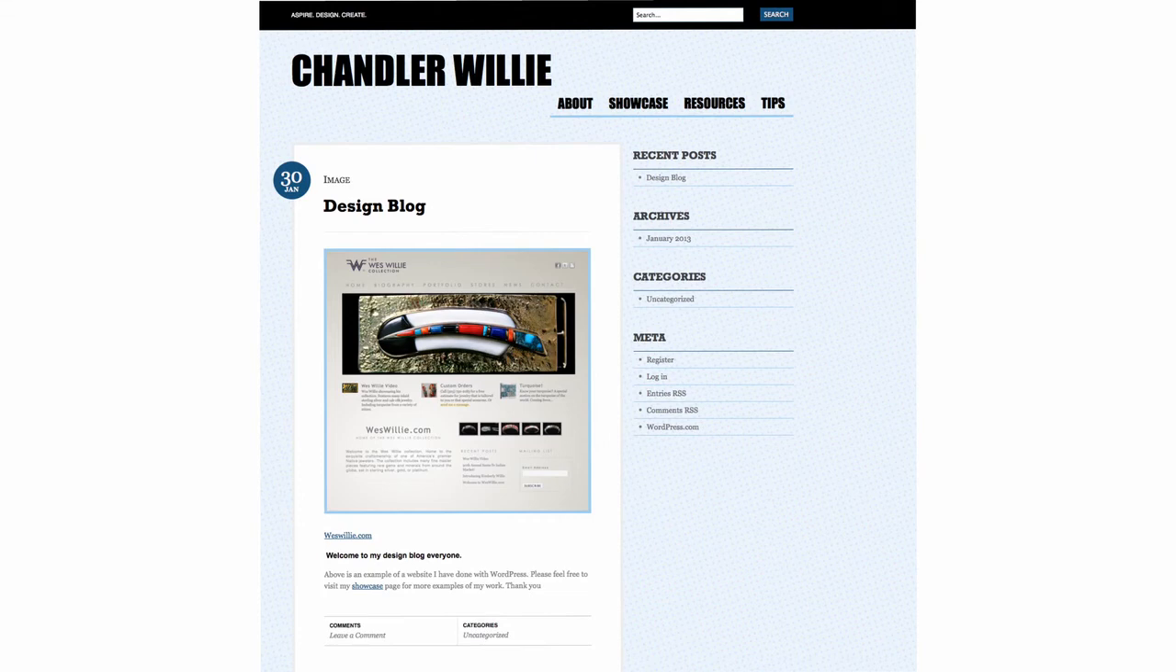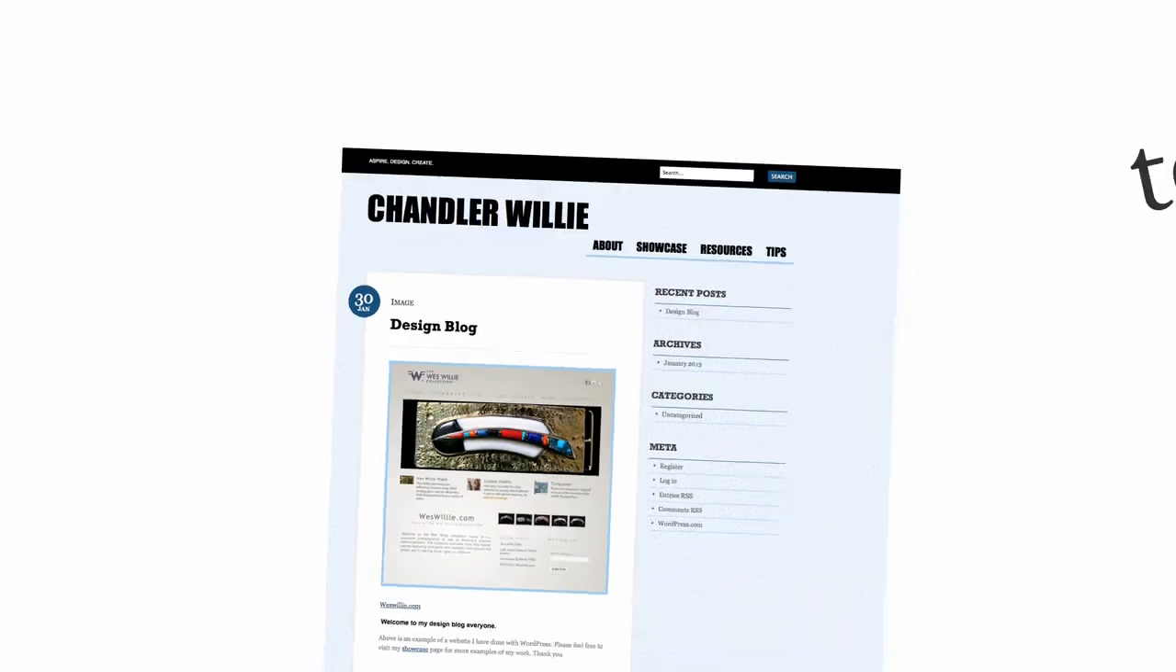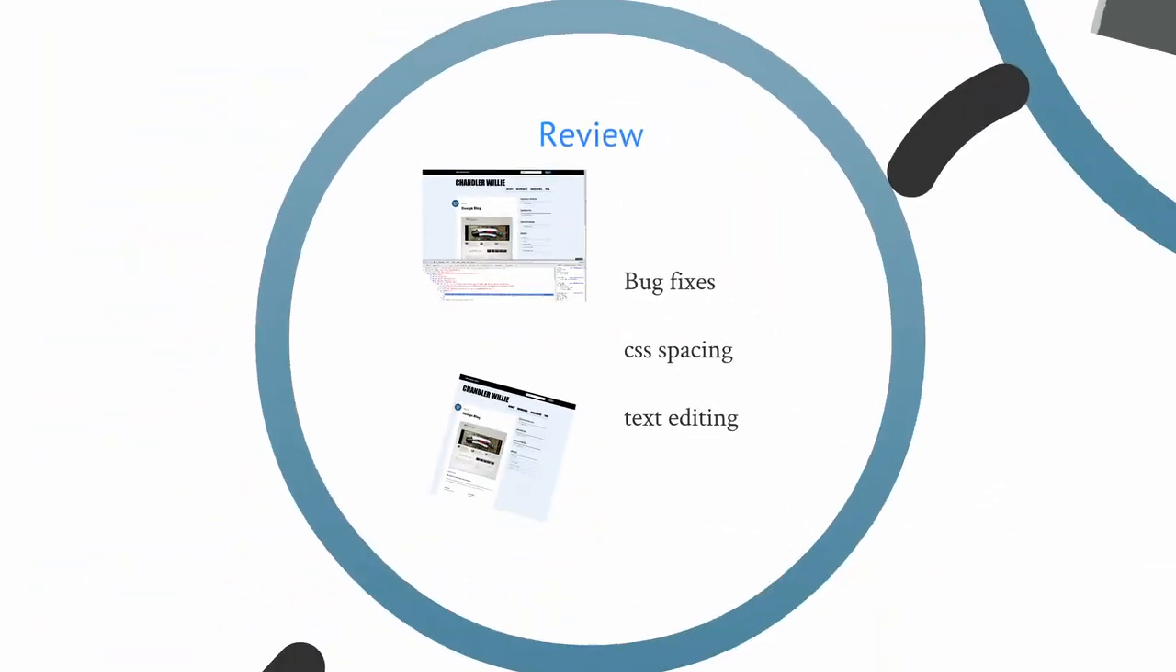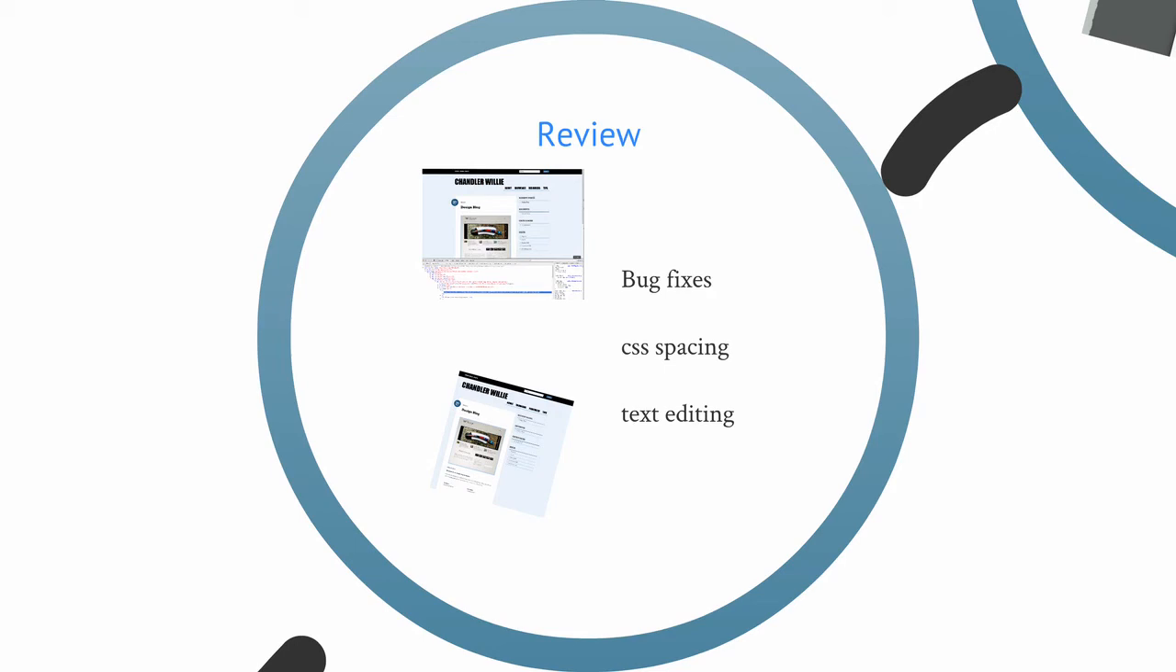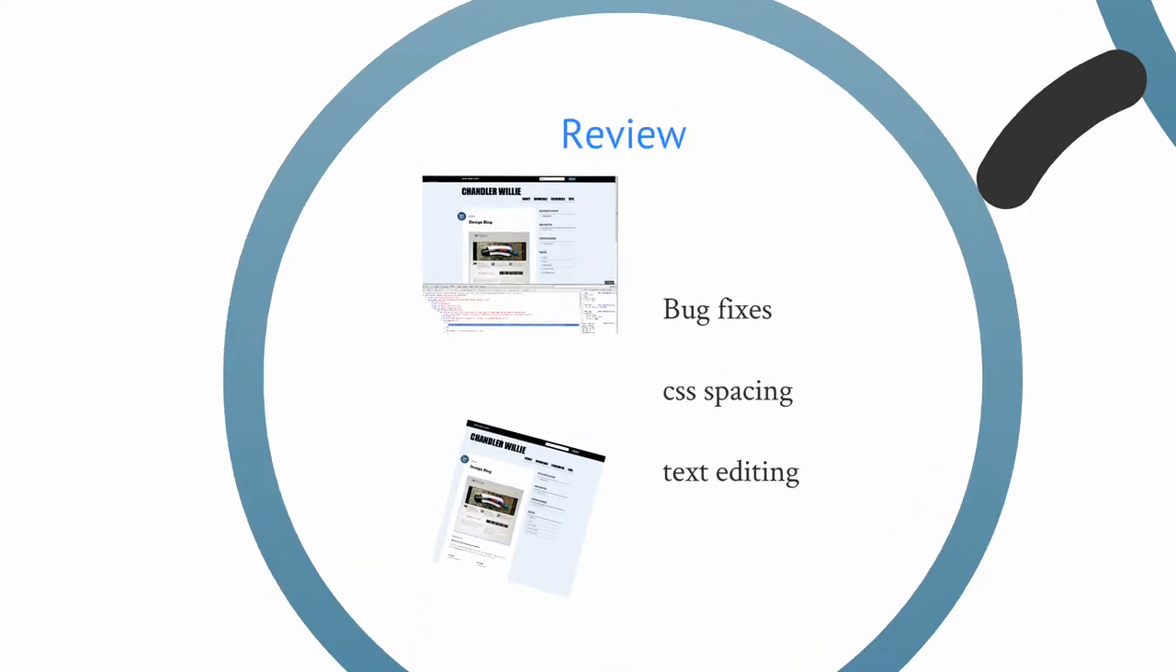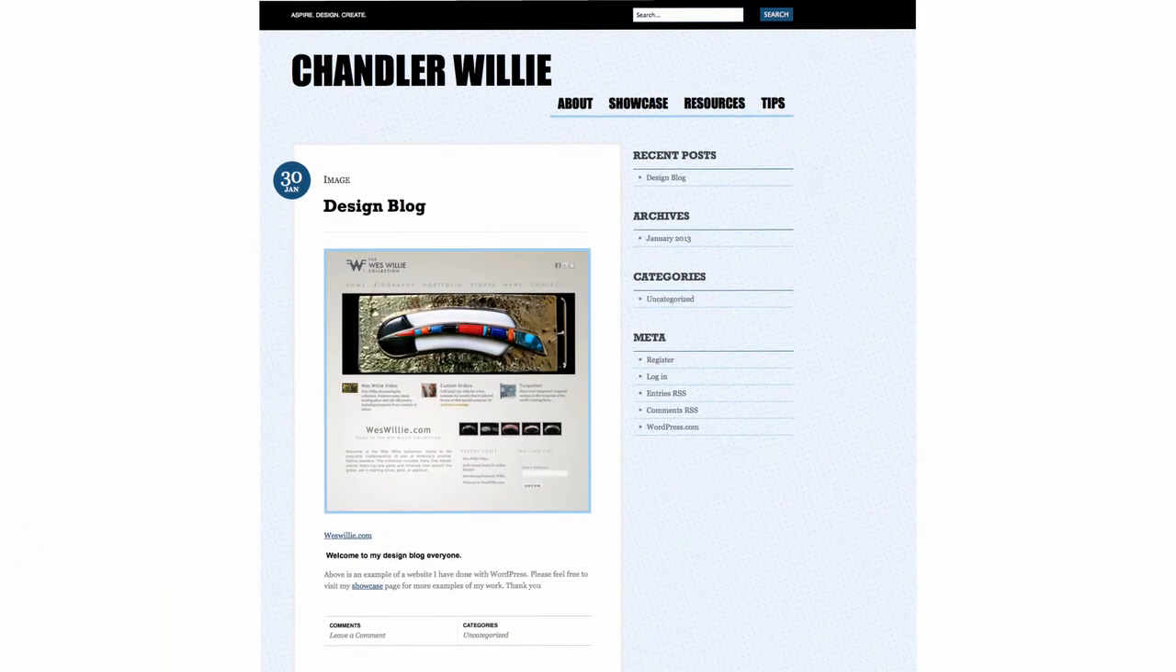And finally, we have something that we would like to use and see. And even after using this, we have bug fixes, CSS spacing issues, and text editing. We still were not set on, I was not set on the type of layout or type of aesthetic I was going for. And finally,